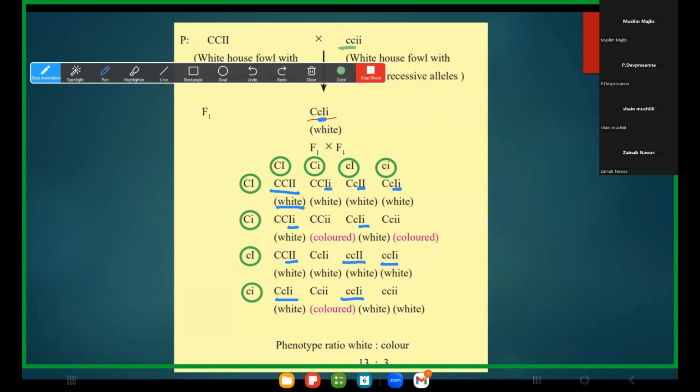Why? Because they do not have the alleles for the expression of color. So these instances do not express color, because they do not have the dominant allele for the production of colored pigment. So all of these would still show white color,